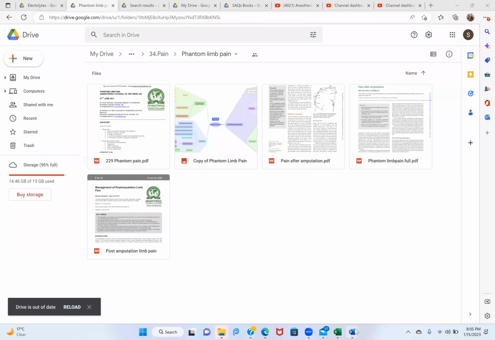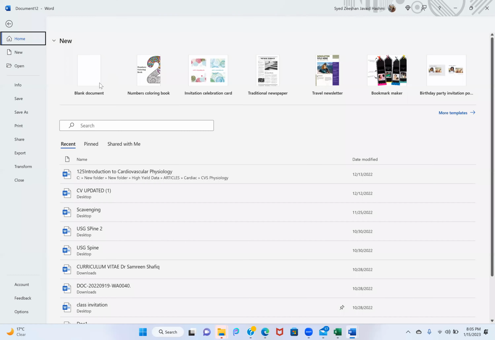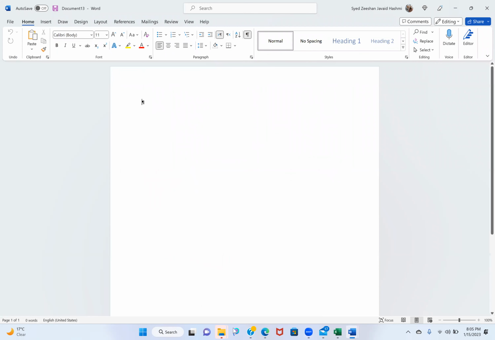Okay, Assalamu alaikum. The topic I want to discuss today is amputation and the immediate effect of amputation, which is evident in the development of post-amputation pain, that is phantom limb pain. Okay, so if we just think that,